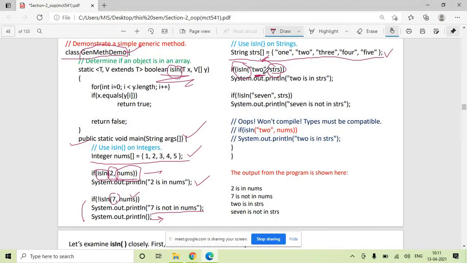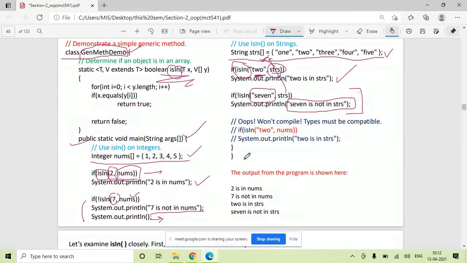If string 2 is present, we will print 2 is in strs. In the next logic, we will search whether the string 7, SEVEN, is available in the strs array or not. If it is there, we will skip, and if it is not there, we will print 7 is not in strs.